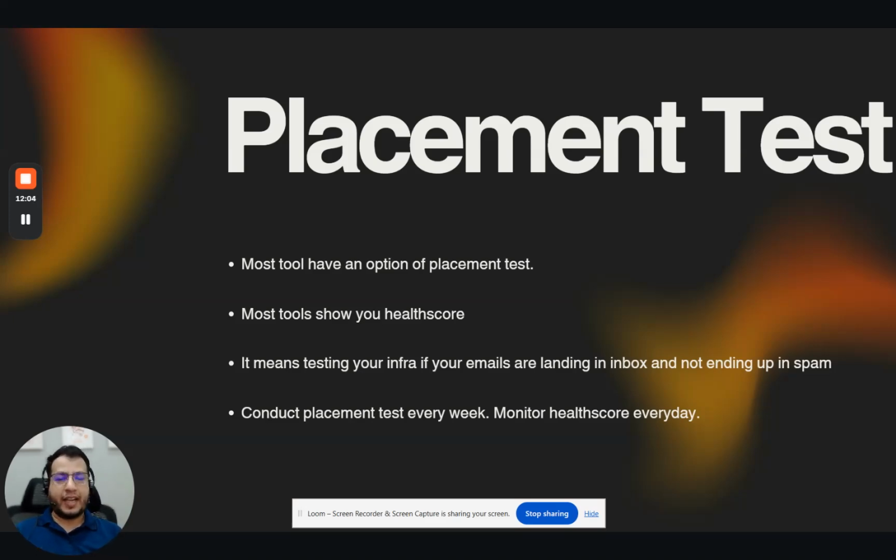At the same time, the tools have a placement test feature. You utilize that, it sends an email from your mail account to any other account on Google, on Outlook, on SMTP, and can give you the result of how many emails landed in inboxes of all these and how many landed in spam. From there, you get an idea whether your email infrastructure is healthy or not at this point in time. And if in any case your emails start to land in spam consistently, not just once, consistently,